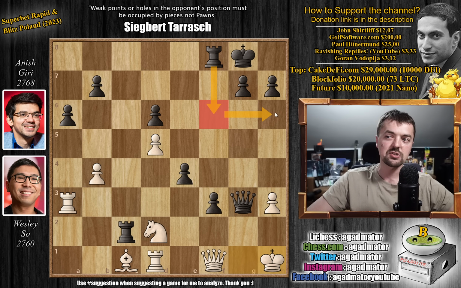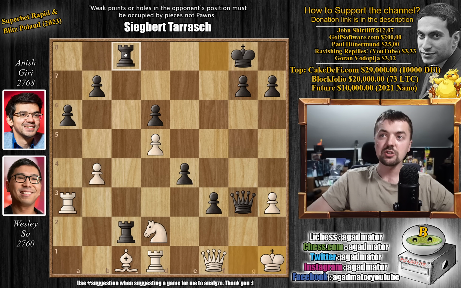Rook f6 to h6 is still perfectly fine. Okay, the bishop is here, but if the knight ever moves, you're just going to get checkmated. So rook to f6 still works here. Anish opts for rook f to c8, and now we have queen to g1, offering a queen trade,